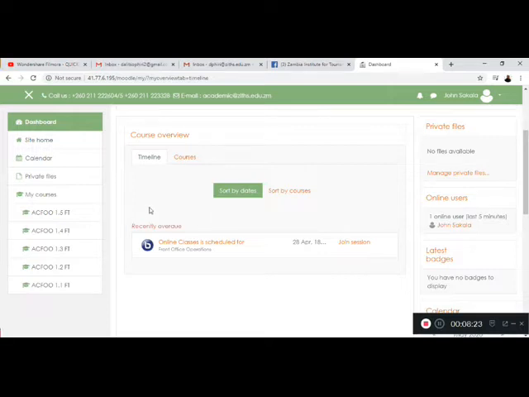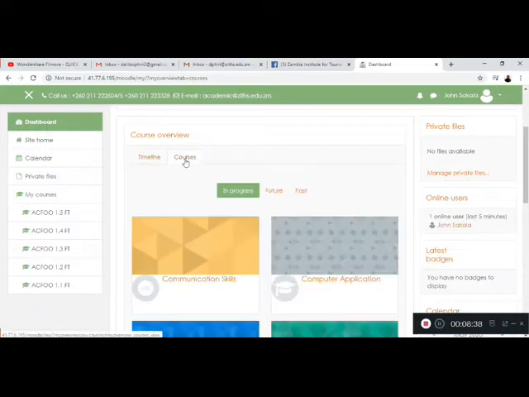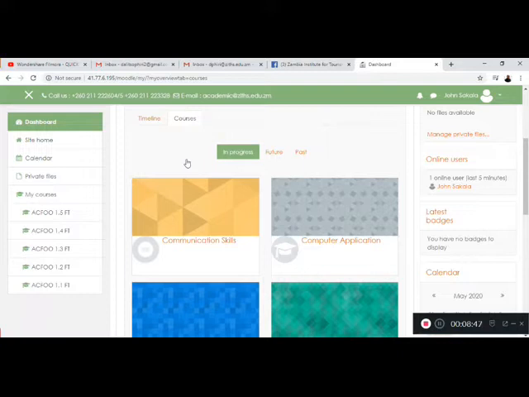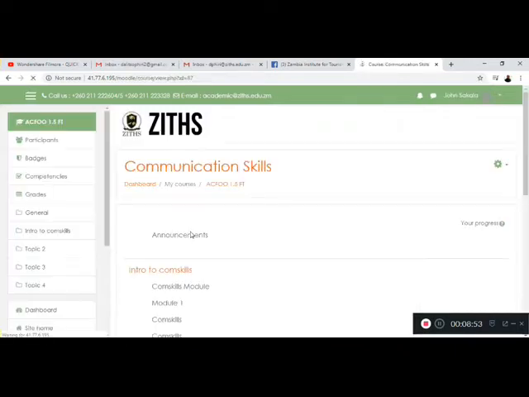Your timeline will just show you again if you have any activities that you have in that particular semester. It will be outlined there. If you have tests and all that, you find under timeline courses. So all your courses that you're taking in that particular semester. So in this case, say for example, you're taking communication skills. So once you click on communication skills there,